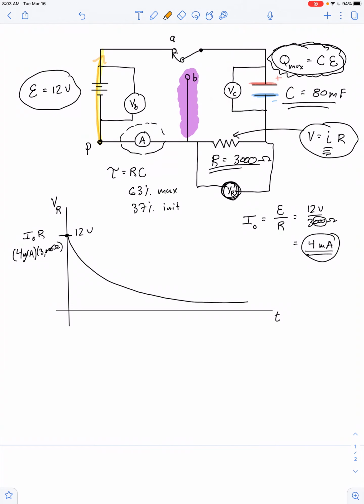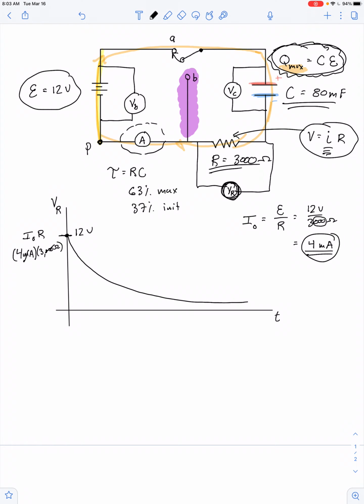We've gained 12 volts as we go across the battery. We continue through the switch. Now, as we go across the capacitor, there's no voltage gained or lost initially, meaning immediately after the switch is thrown into position A, because there's no charge initially on the capacitor. And if there's no charge, there's no voltage across it. So there's 0 voltage drop across the capacitor, and all the voltage that was gained across the battery is then lost here across the